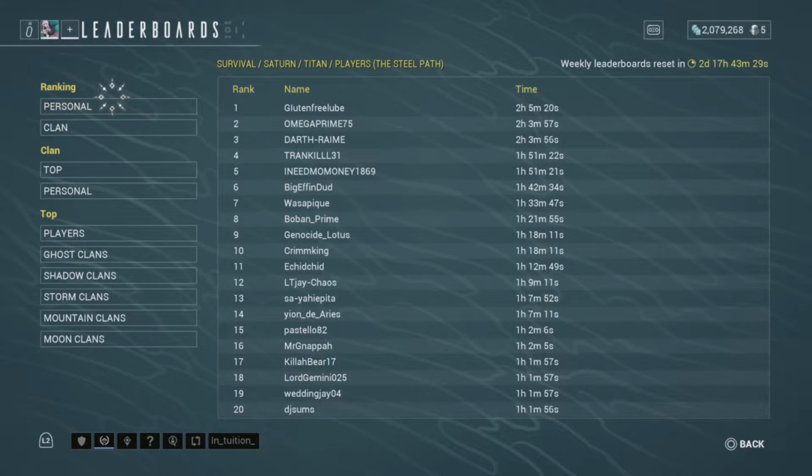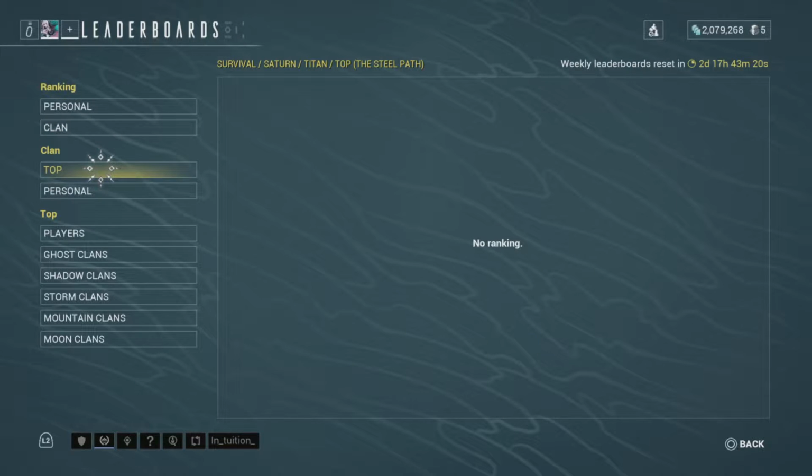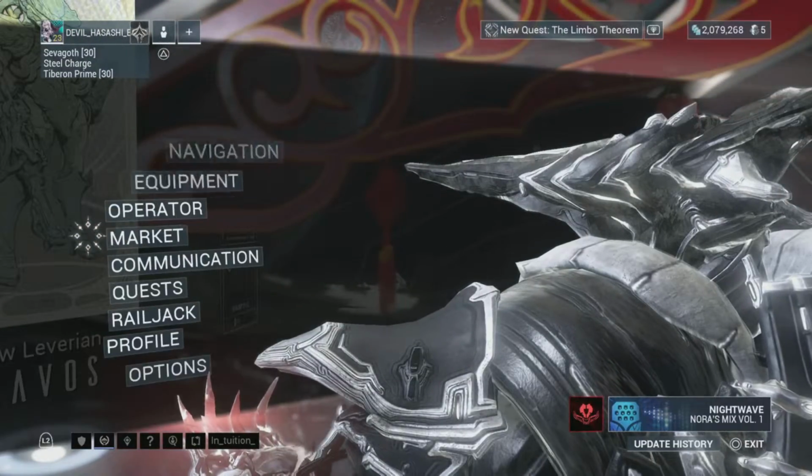Saturn is the one I do most, because whenever I want to test weapons, or test whether my weapon is good enough to be an endgame build or not, I check it on the Steel Path. I don't waste my time in that Simulacrum. And that's another thing for training, that's for your weapon testing and such. Anyway,